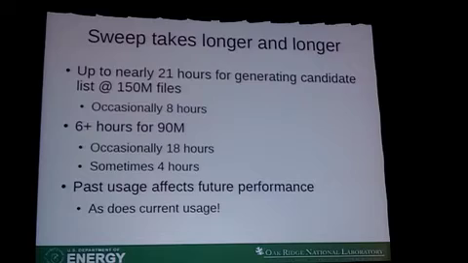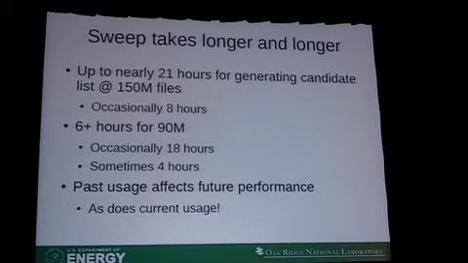So as we said, one of the management tasks, the sweep, keeps taking longer and longer. Running an e2scan for the Widow 1 file system with 150 million files, concurrently with the time that I took this, we were taking 21 hours to generate a candidate list, and this is just running the e2scan on it. Now, this is a highly variable number I'm giving you. 21 is really at the outset of that. Usually it's more about 10 to 12 hours to actually generate this list. Occasionally we'd see it drop down to 8 hours, so hey, that's a pretty good run.